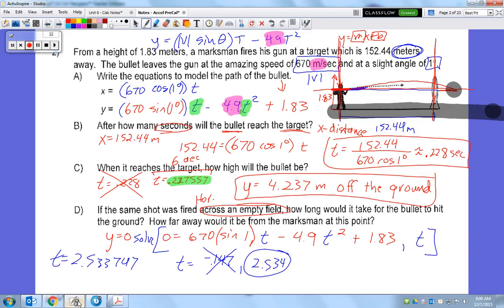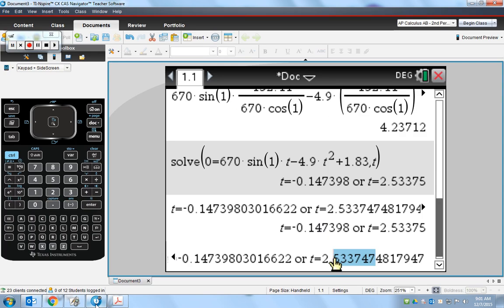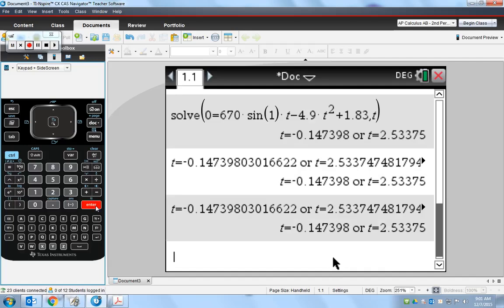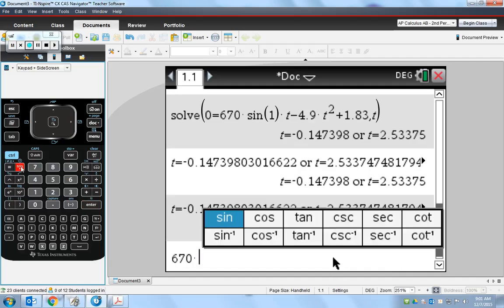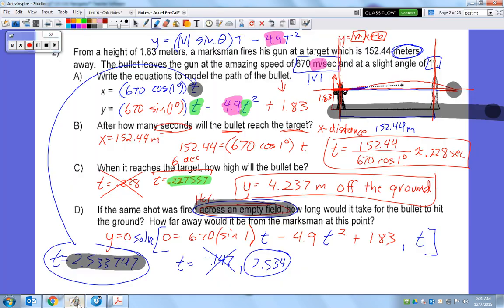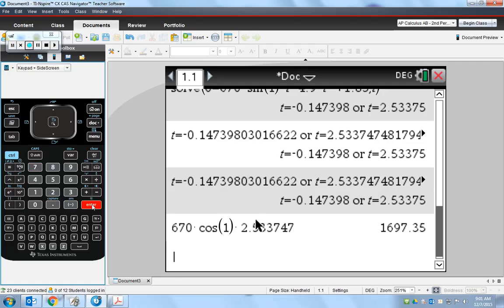Okay, so plugging this now into the x right here will show me how far it ended up traveling across the empty field. Okay, so this is what I'm looking for. This is the time I'll use, and I'm going to plug it right here. Okay, so 670 cosine of 1. Here we go. 670 times the cosine of 1 degree, and then we're going to multiply it with that value that we got, 2.533747, and then we get an approximate answer of about,